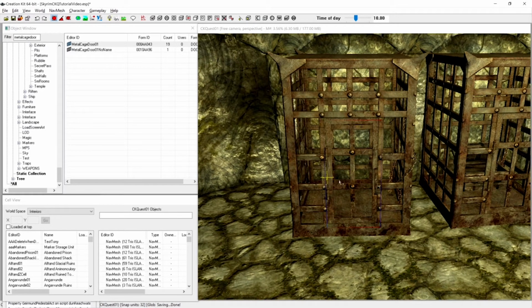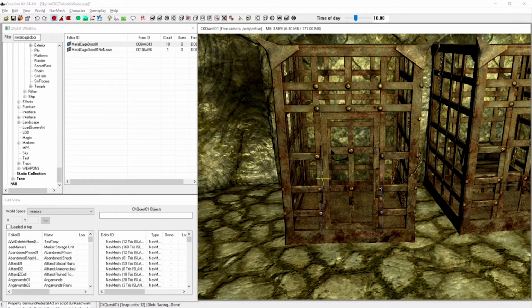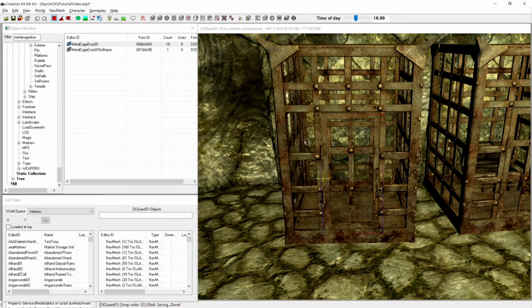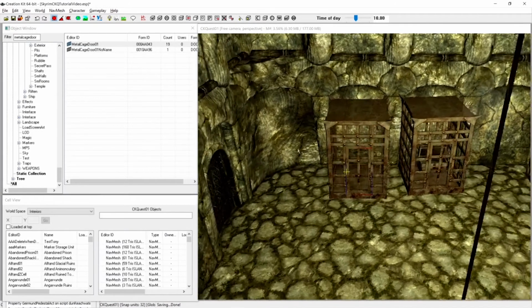So here's an important thing that we need to set up now. On the door, double click it again and go to lock. Check the locked box here. Set the level to requires key, and then set the key to none. Just leave it none. Later on, we're going to make a key that we're going to be giving to Gellmar so that he can unlock the door. Okay. So then you can hit OK to save that,